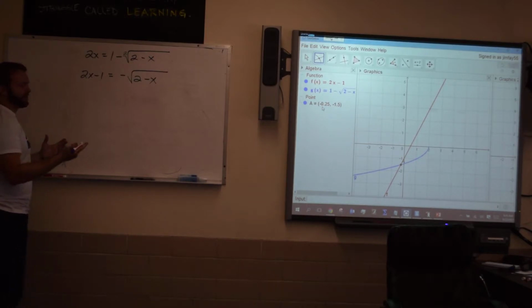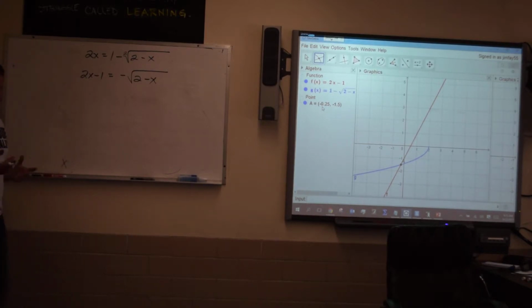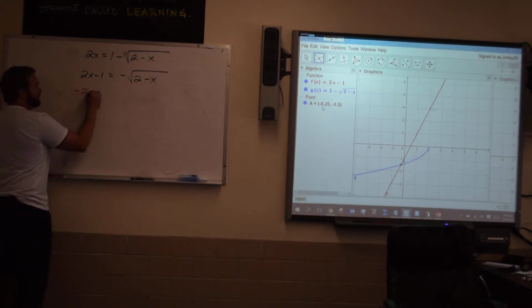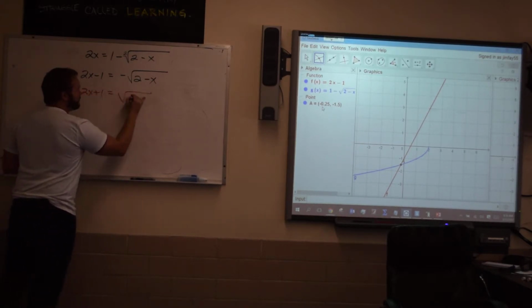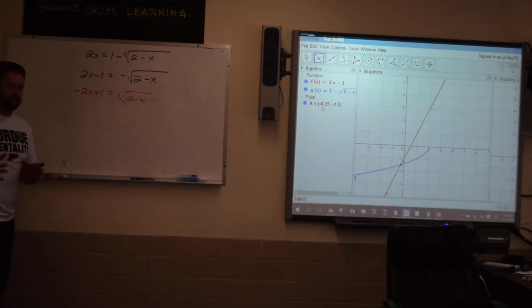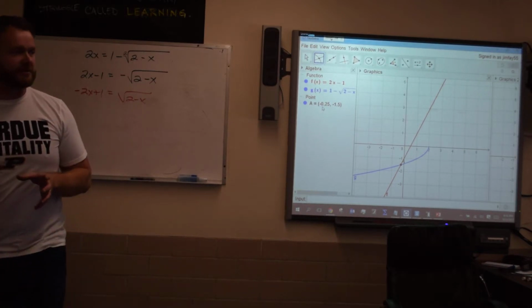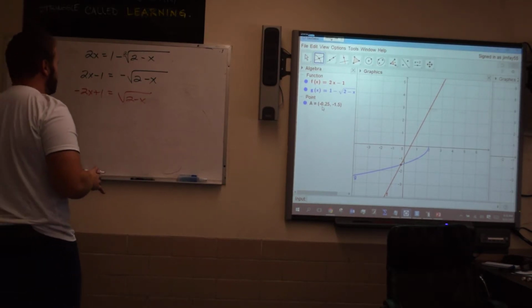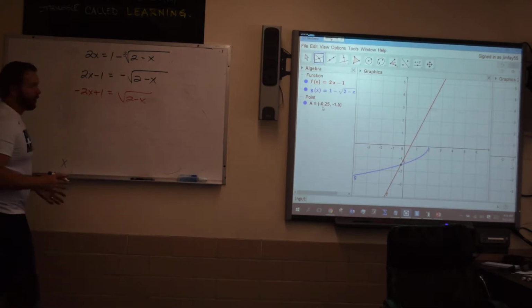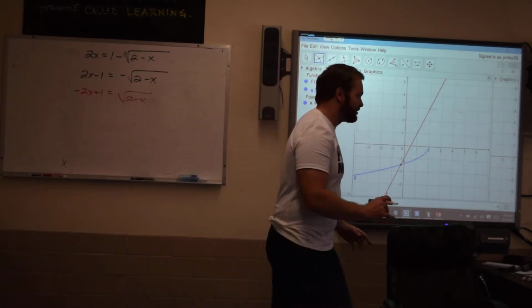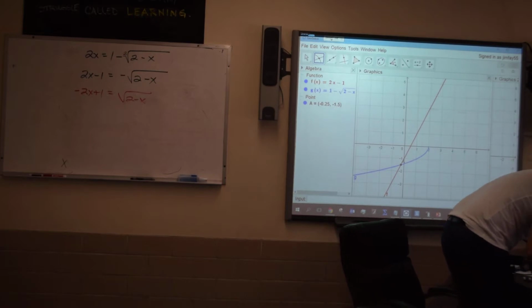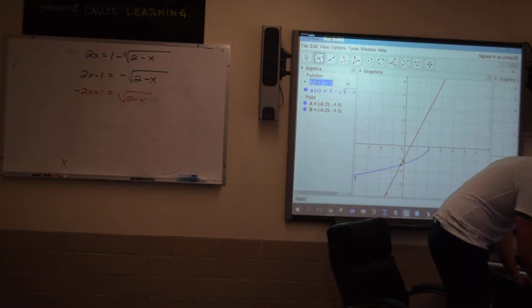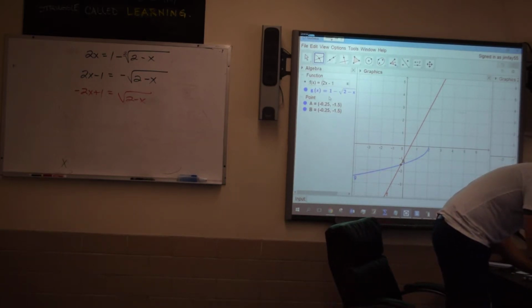It just depends on the type of person you are in regards to your positive and negative values. I like to do this. It's not a big deal. But I just like to make my square root or my cube root or whatever positive. So I'm going to divide everything by negative. Okay? And all that does, again, changes the equation. But all it does, if I multiply this entire thing by -1,